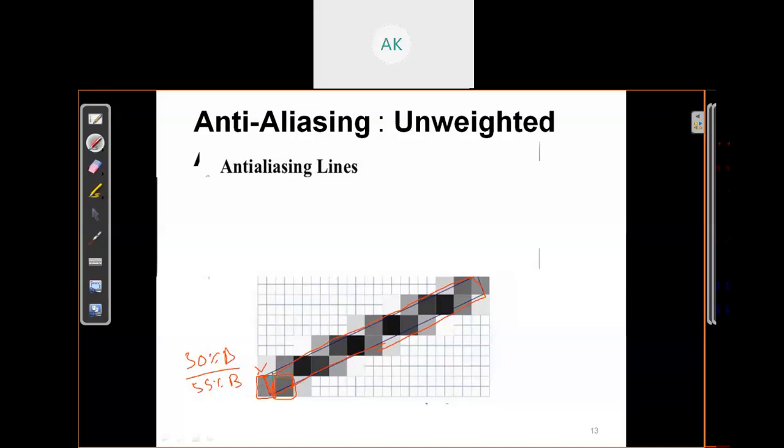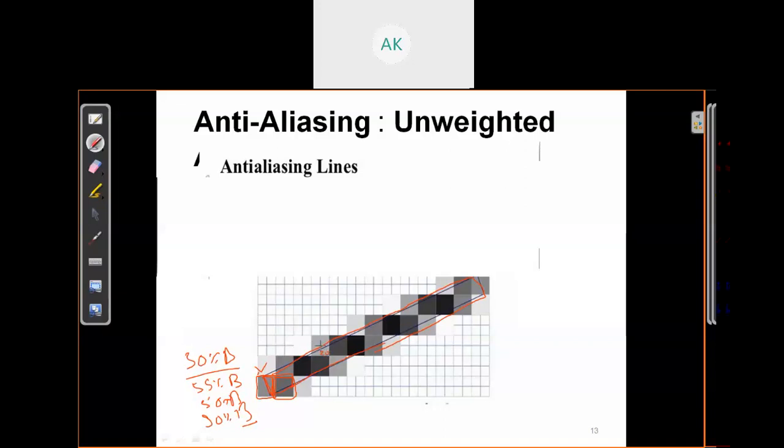Here again you can see there's 40%, 50%, so 50% of black. And here you can see around 90% of the pixel is under your true structure, true line. So it will be 90% black. You can see it's more black compared to the other pixels near this pixel. Here it is around 80% or 75%, so it's less black compared to the 90%, and it's a higher dark black compared to this, where it's just around 20% under this pixel.